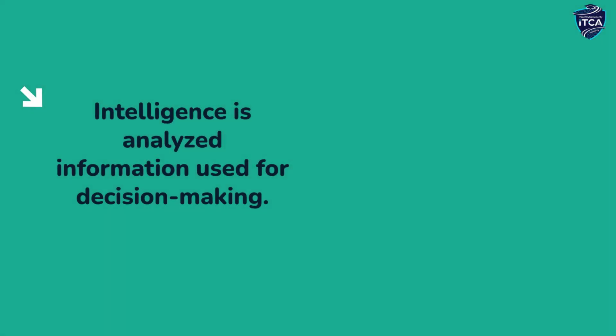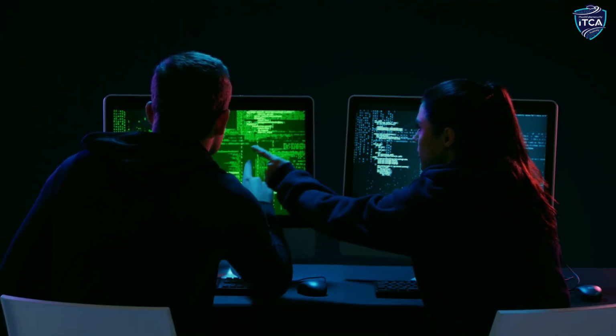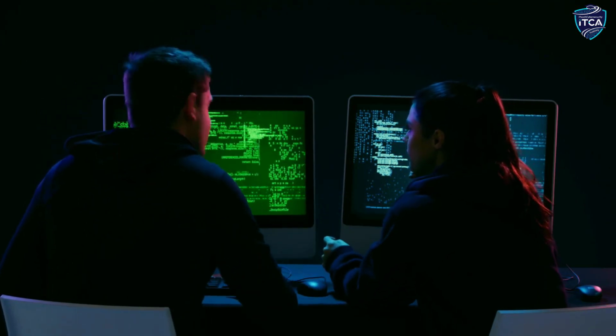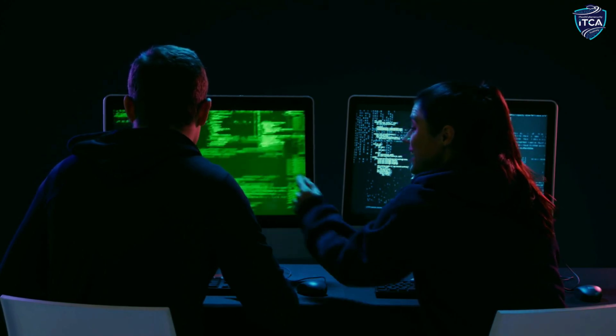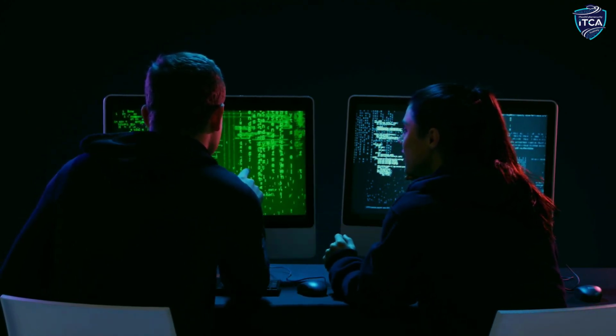In summary, intelligence is analyzed information used for decision-making. Data becomes information, and information becomes intelligence through analysis. Intelligence supports security, defense, and cyber operations by reducing uncertainty and guiding action. The intelligence cycle structures how intelligence is produced, and tradecraft ensures accuracy,